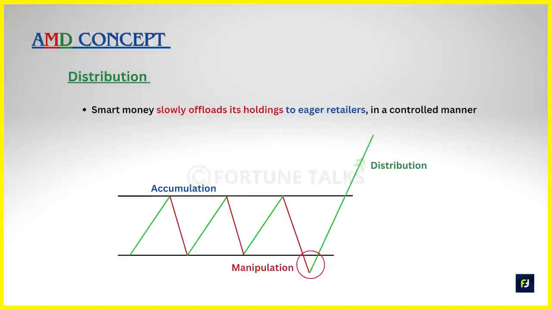Now comes the distribution phase. After accumulating at the best possible valuations and manipulating the market to their advantage, smart money begins to unload their positions to those eager retail traders who are late to the game. The distribution phase in SMC is quite a bit different from the distribution phase that we have learned in the price action course. Here, during distribution, the smart money slowly offloads their holdings